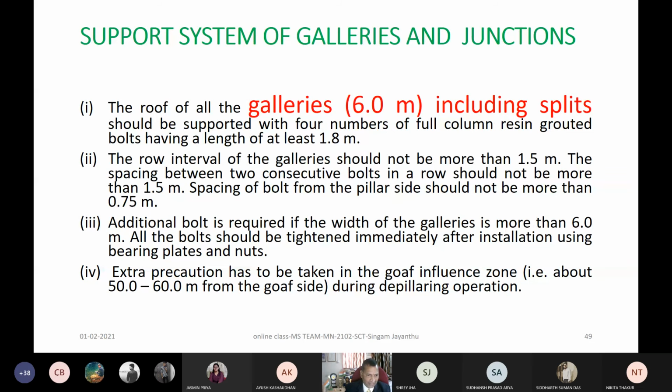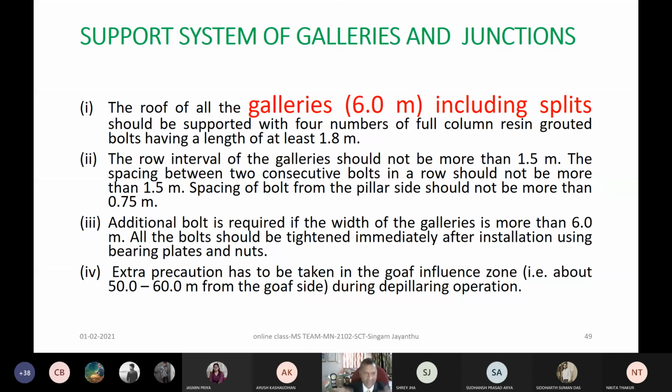How much capacity that support system has: if it is a bolt, it will give 10 tons. If it is a chock, it may give 30 tons. When it is a prop, it may give 20 tons. Whether it is a hydraulic prop of 40 ton capacity, it has 40 tons. And if it is a chock shield support of 1000 tons capacity, then it is 1000 tons. Okay, this is the way you will take it while calculating or while providing resistance to the roof or sides, whatever it is.